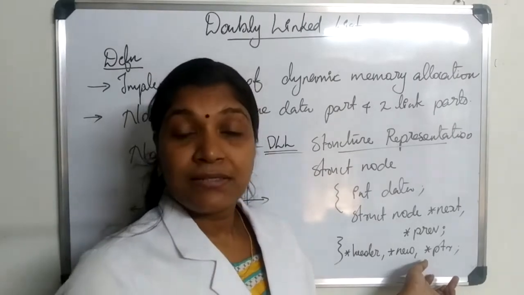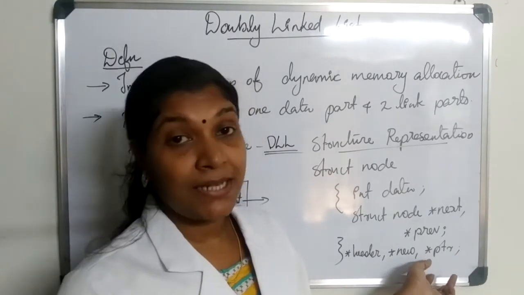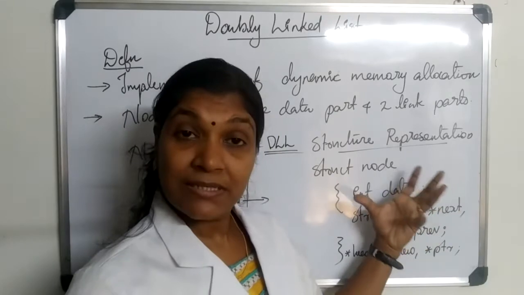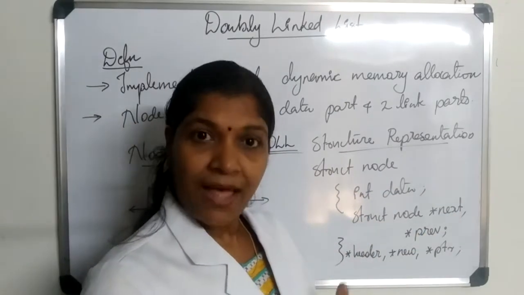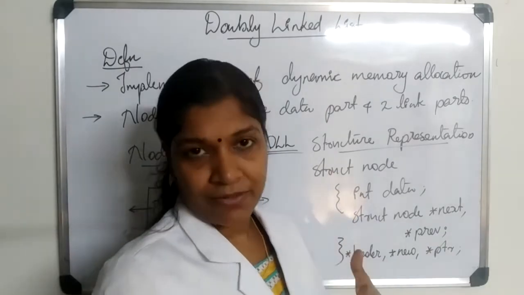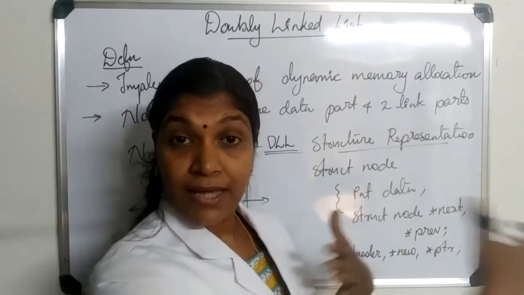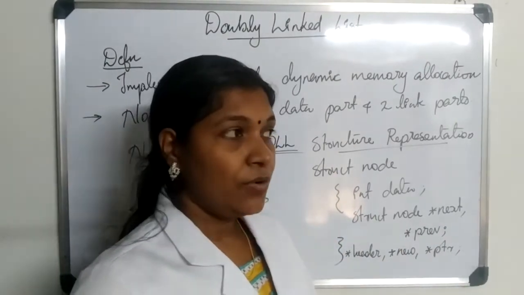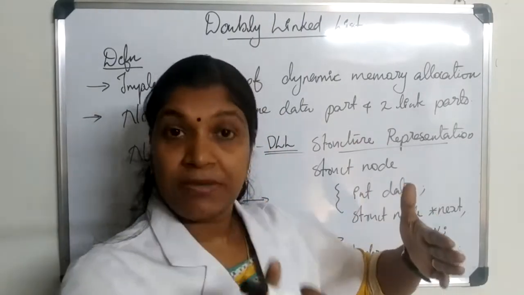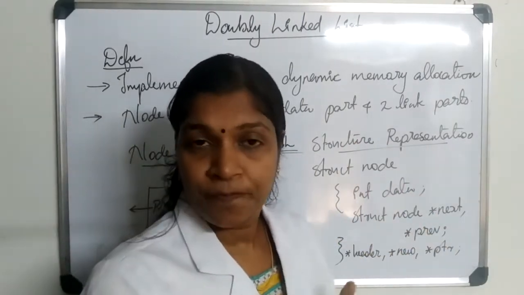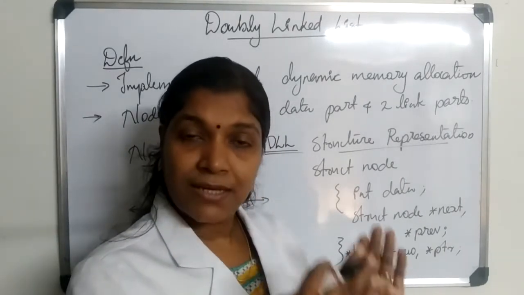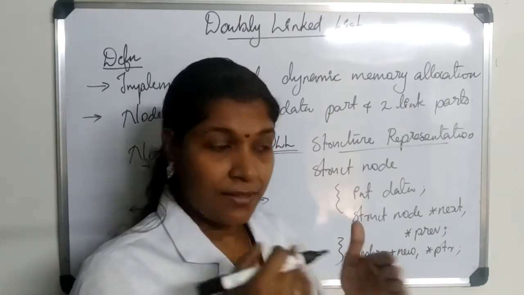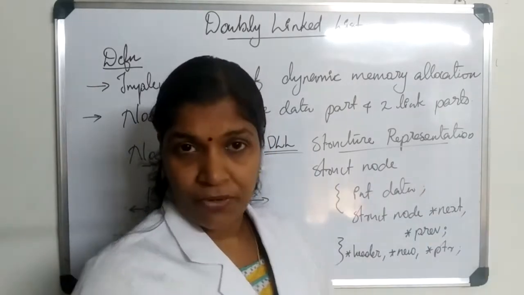Actually, when we consider the operations of single linked list and doubly linked list, the operations with doubly linked list are easier, because we have the provision to move forward and backward. In single linked list, only one directional movement is possible. So in order to get a pointer to the previous node, what we used to do is, while traversing the list, we normally make a second pointer to follow the first pointer, right?